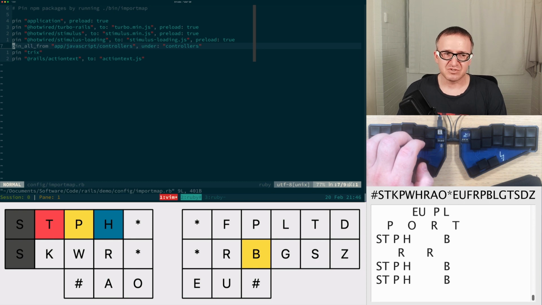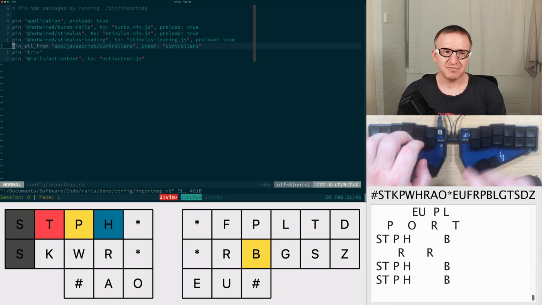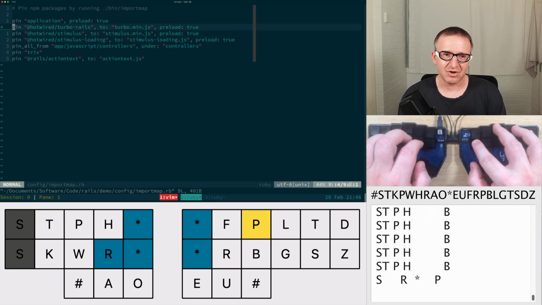So we're just using ECMAScript modules to serve JavaScript as text through the browser. The NPM packages that we want to use are specified here, kind of like a Gemfile, and this is referred to as the import map file. All of the packages that Rails ships with are at the top here. So for example, Hotwire